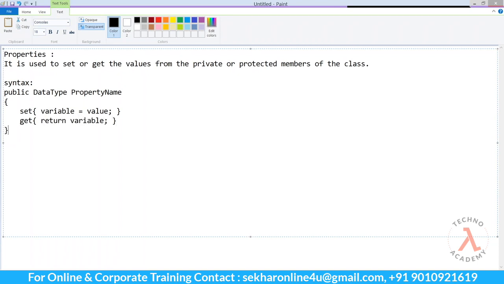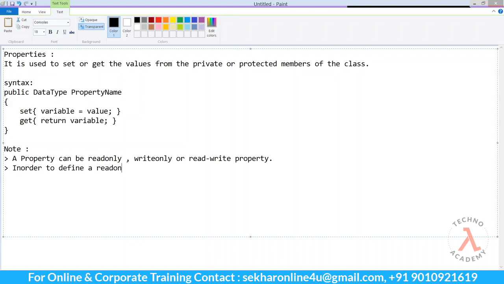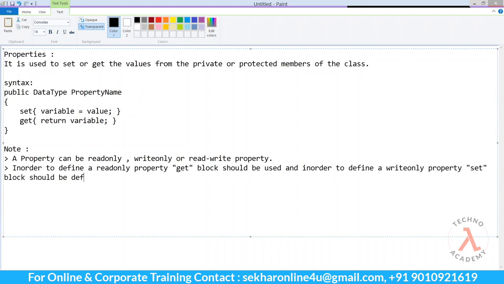Now, let us understand some of the important points to remember about the properties. A property can be read-only, write-only, or read and write property. In order to define a read-only property, the get block should be used. And in order to define a write-only property, the set block should be used.